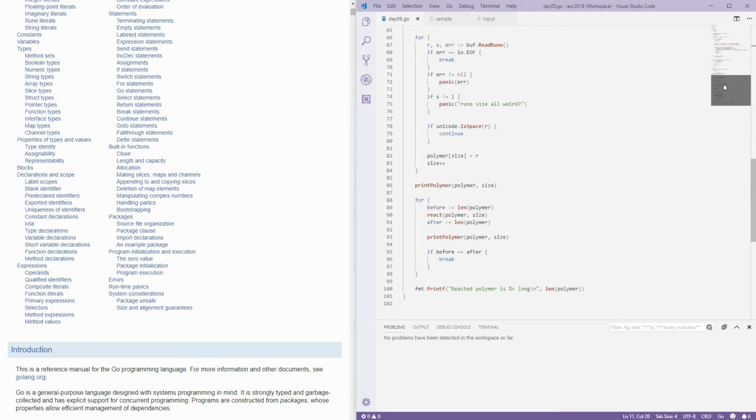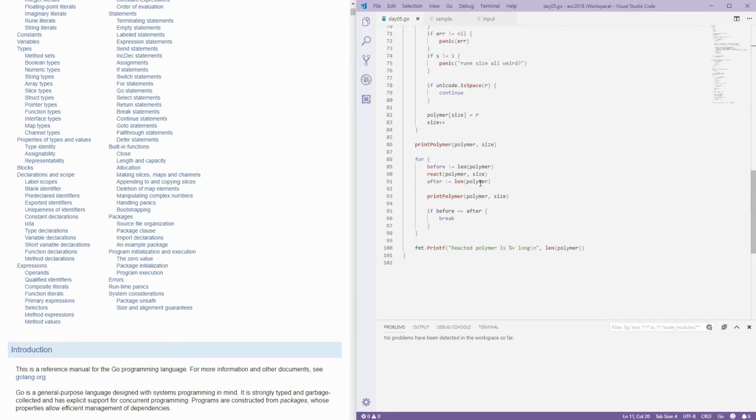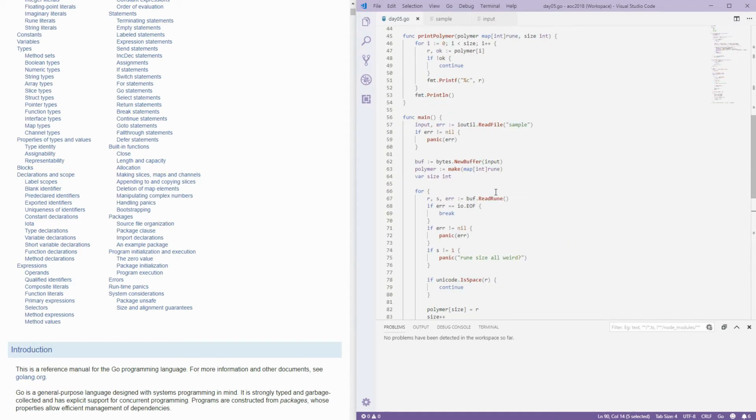So I'm just wondering now whether the issue is that this map will be different than the map that React